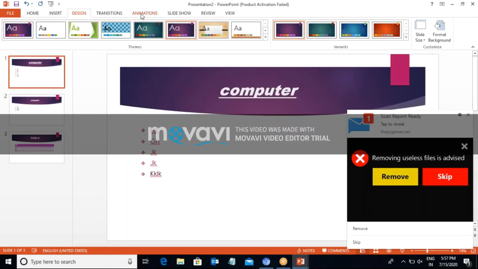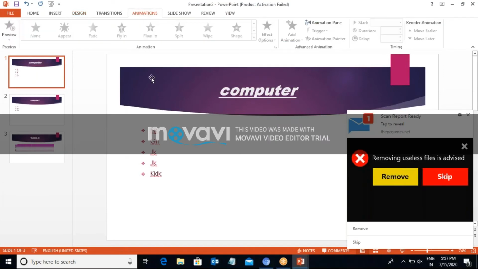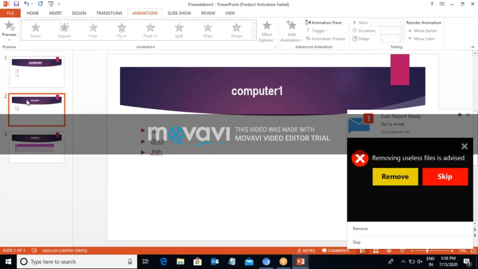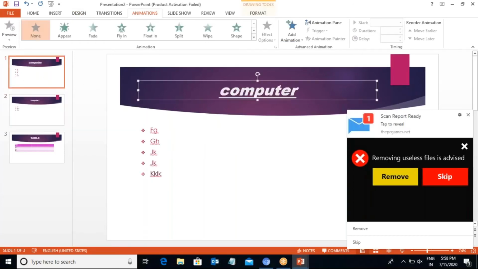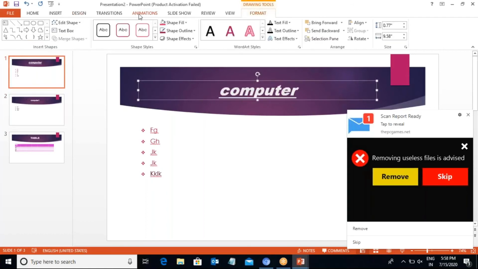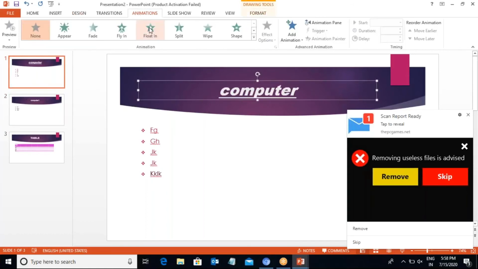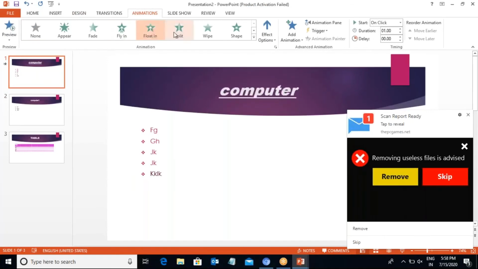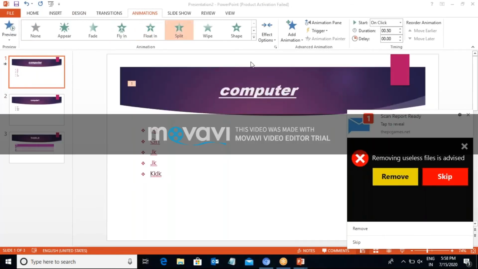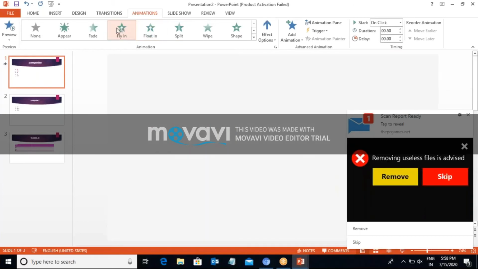And after that, we go to the Animation tab. Double-click and use the different font animations as you choose, then we show it.